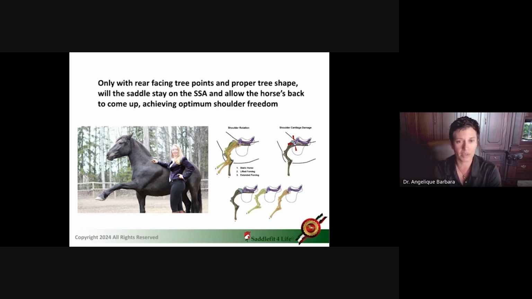For whatever reason, a lot of people want to sit it there, and once the horse starts moving, it will tend to shift back a little bit. But then people think that it's sliding back too far and they want to try to hold it forward for some reason. So I think people need to understand where the saddle should be fitting and understand the anatomy of the horse. And like you were saying, how it should be rotating back and giving that movement.